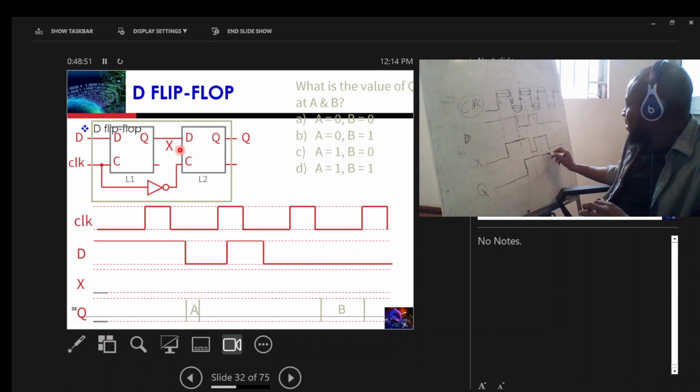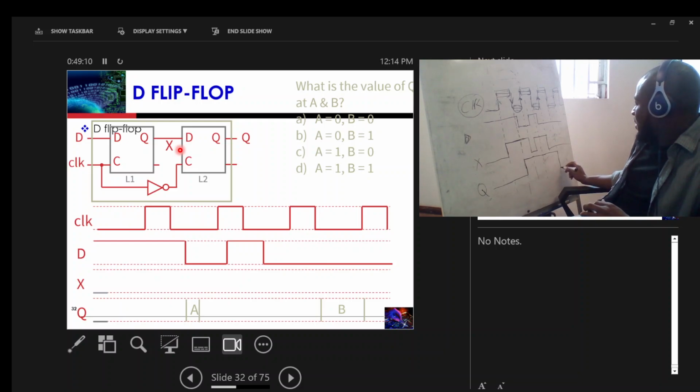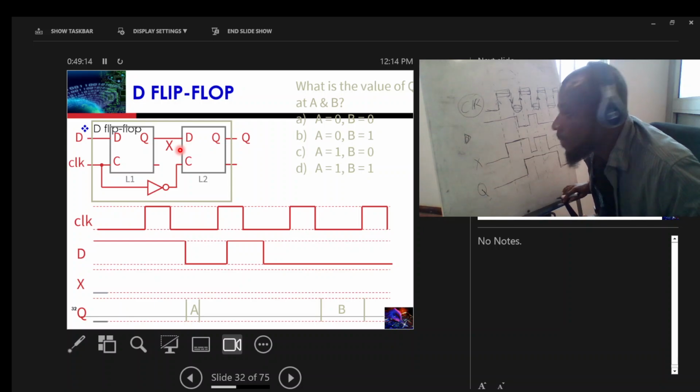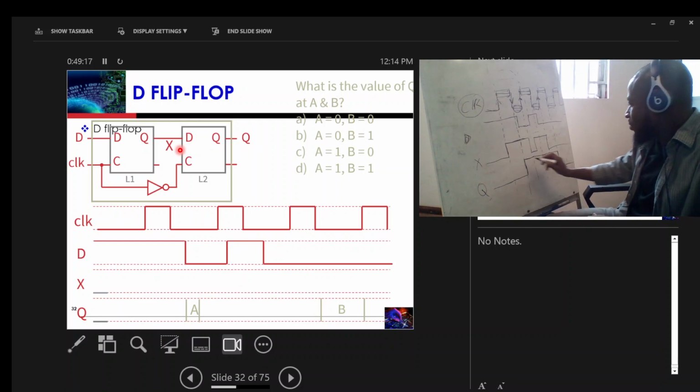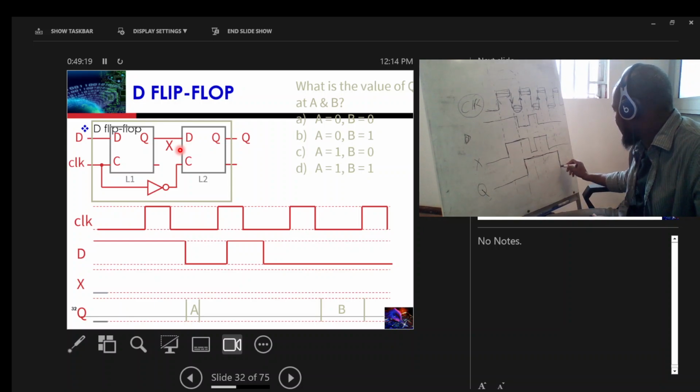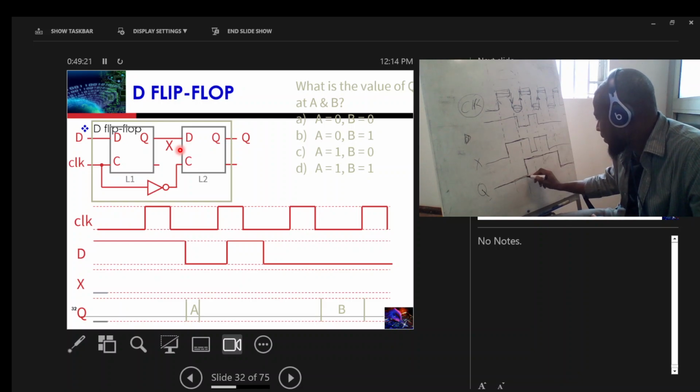From this point to this point is maintained. We get to the high point. The high point is where the value is maintained again, so we get to another low point, which is here. And then at this low point the value of x is 1, right? So now this goes to 1, and this is what we get, right? So here,